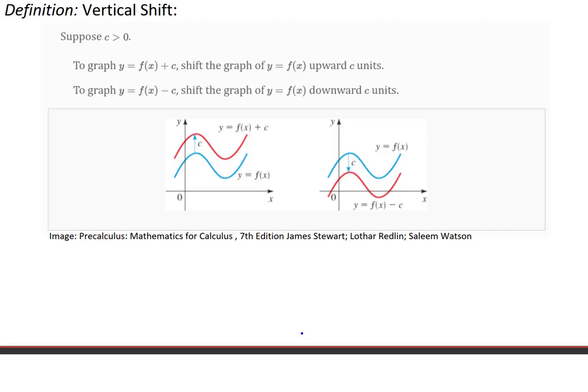Now that we've seen some of our parent functions that we'll be transforming, let's talk about the first of these transformations called a vertical shift. A vertical shift is what you might expect it to be. We're shifting vertically. Now, to define this, let's suppose that the letter C represents some positive number. And if so, to graph y equals f of x,